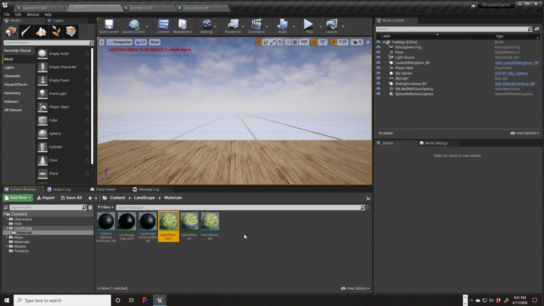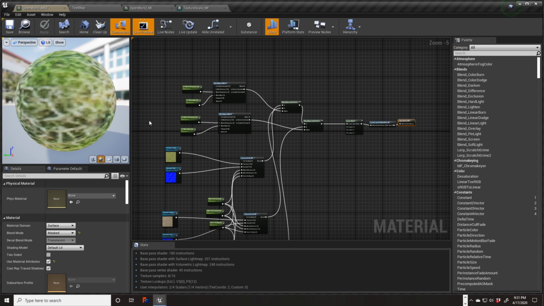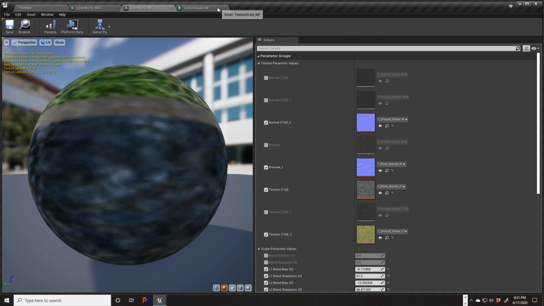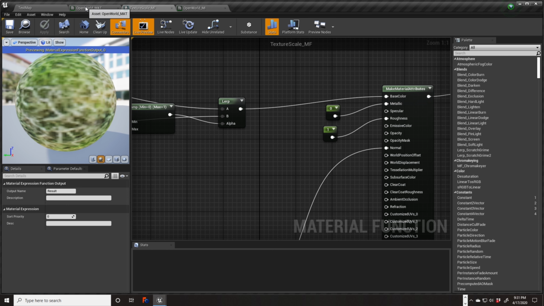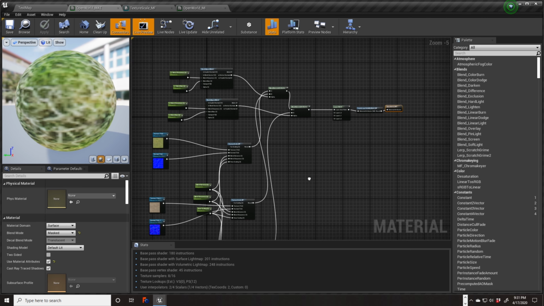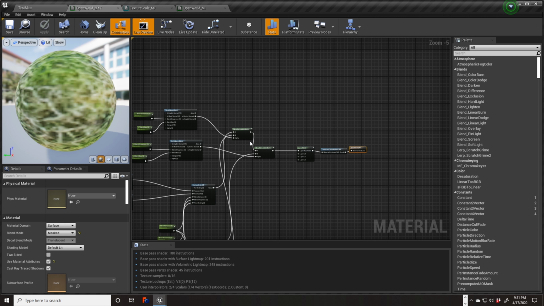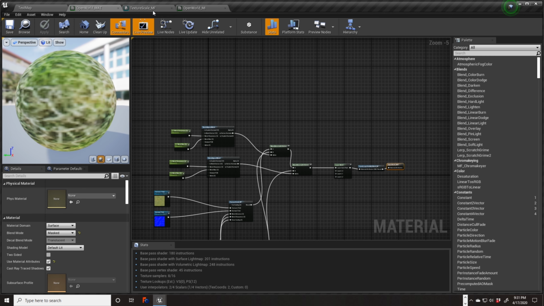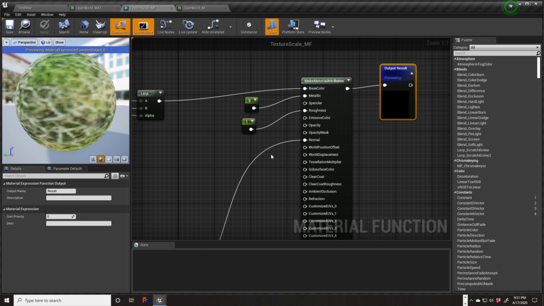Okay, welcome back. In this section we're going to go back into our open world material and our texture scale material function. We're going to make some modifications here to enhance this and expand it out and make it a little bit better. The first thing that I want to do is go into my texture scale material function,